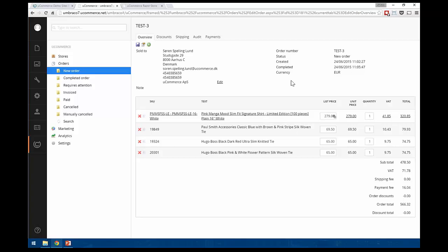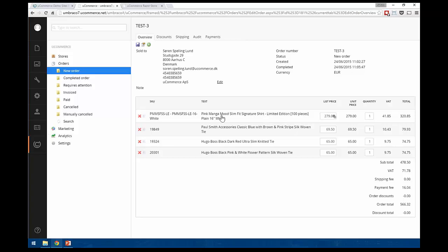All the UIs that we're looking at here are completely customizable. So all the tabs up here that we saw both in the catalog system and also in Transaction Foundation here can be changed. The reason for that is that it's pretty common to have custom workflows that you need to deal with, both from an order state point of view, but also from the actions that you want to perform. So if you need to print labels, for example, that's not part of uCommerce out of the box, but it's a very common extension to add a little tab up here where you can actually generate a PDF with those labels on it, or something else. It's completely up to you. Once you're in there, you can do whatever you want with this.